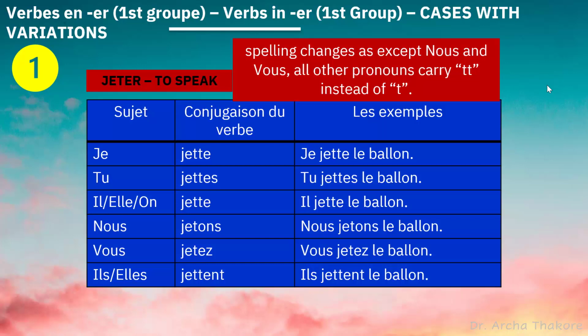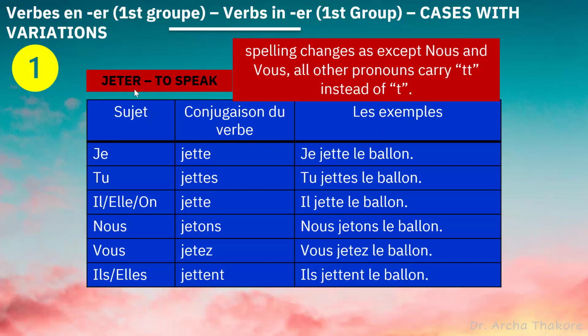But now this is where it gets a little tricky. It's not difficult, but it's just a few things that you must keep in mind, which is exceptions. So I'm going to be talking about 3-4 cases which are very commonly used verbs, and there is slight variation in the conjugation. It follows more or less the same scheme, but there are very small changes. Now, first of all, this is jeter.